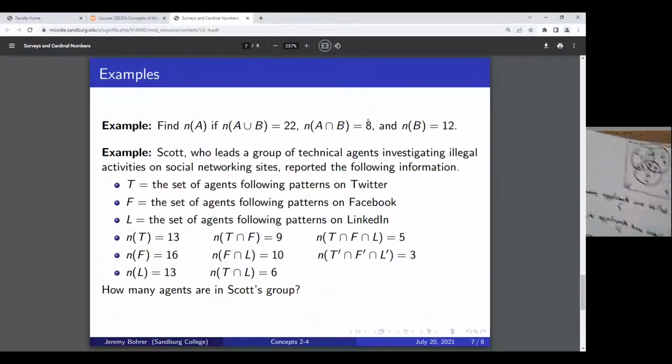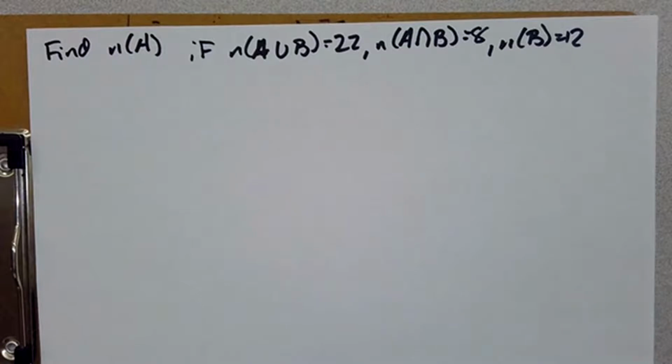Next, we've got a couple of problems here. The first asks us to determine the number of items in A, given some information about A and B, and then we have to determine the number of agents in a group. So we'll start with that first one. Okay, find n of A if the number of elements in the union of A and B